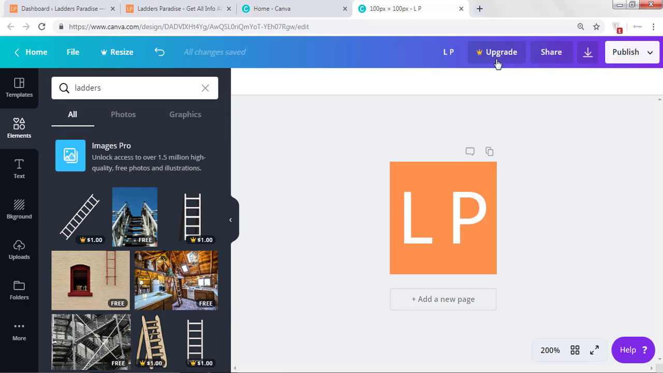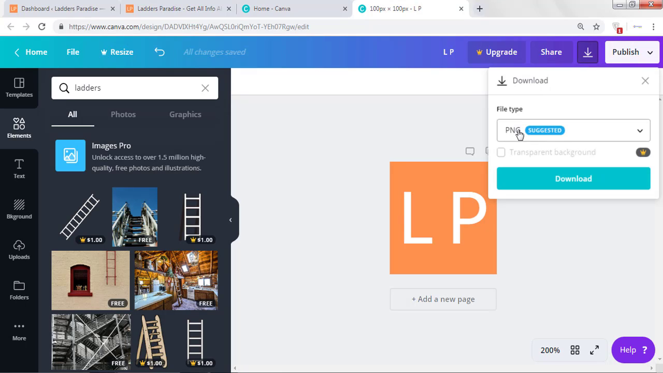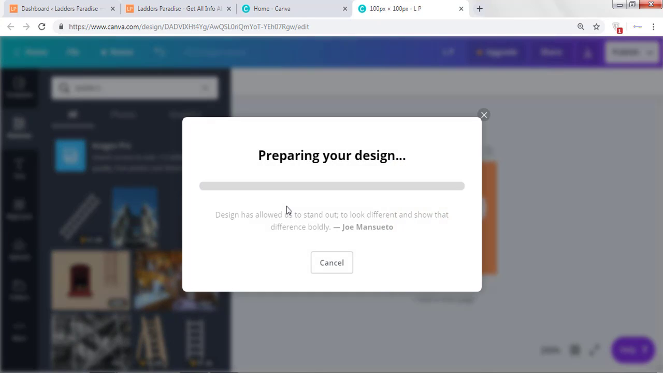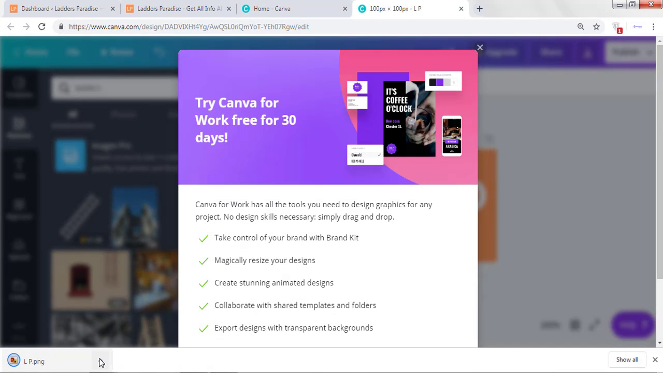After completing this, now click on download or publish. Here you are seeing download. Click on download and select PNG and click download. So once you download that image,